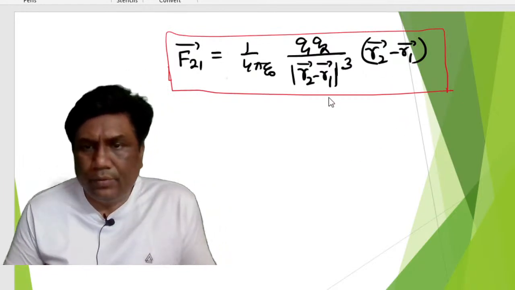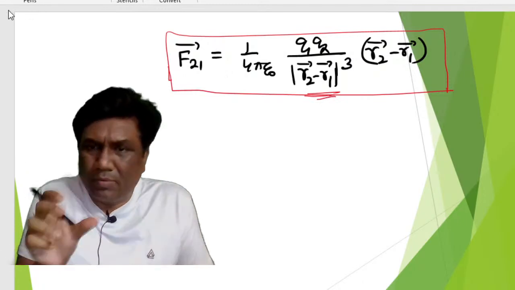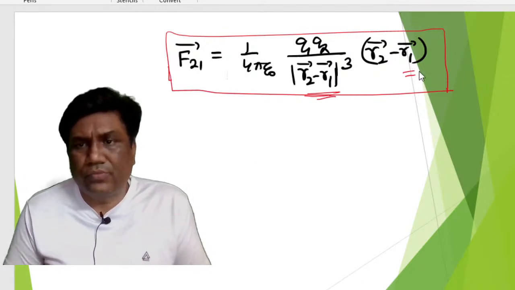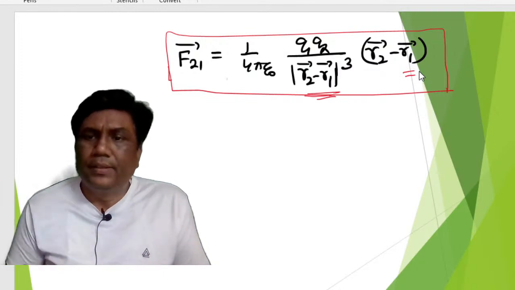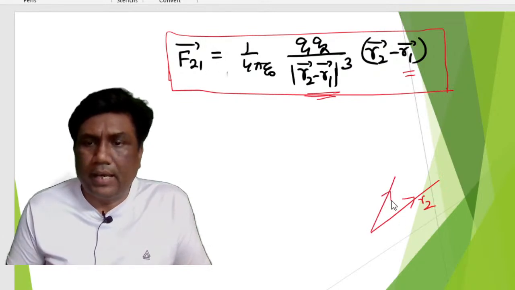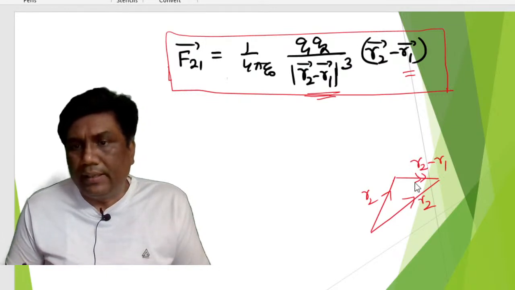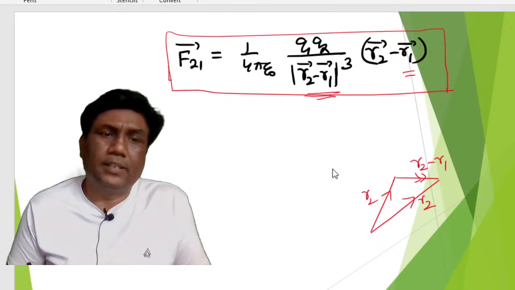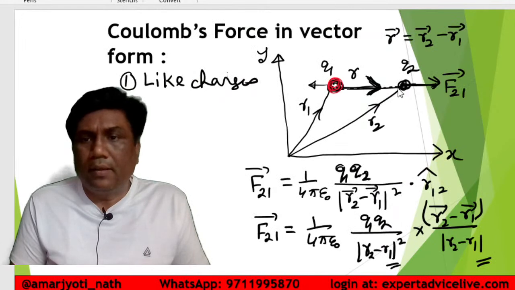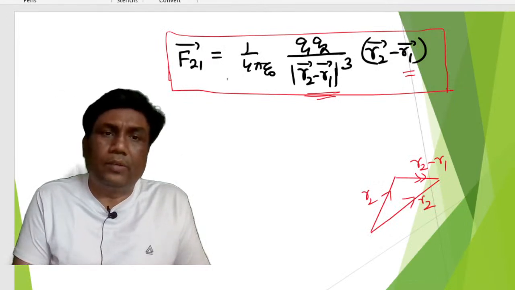Remember, if you write this part as R1 minus R2, then also the answer will be the same, because it is magnitude, no? So the magnitude will not change, but this vector part you cannot change. It will exactly give the direction of 1 to 2, because if it is the R2 vector and the R1 vector, then R2 minus R1 is this only. If the resultant is in the opposite direction, then it will be R1 minus R2. So say we are going to calculate in the second case, force on 1 by 2, means F12. If you want to calculate F12,